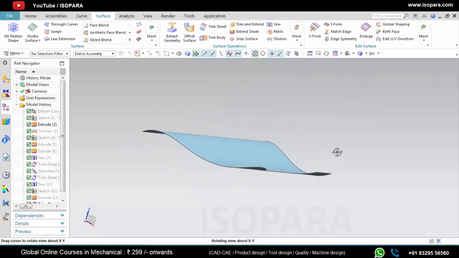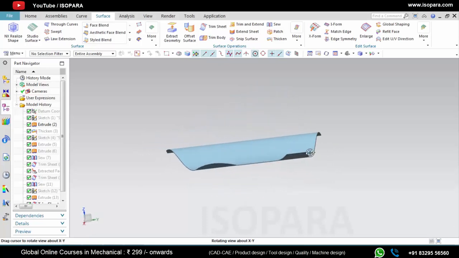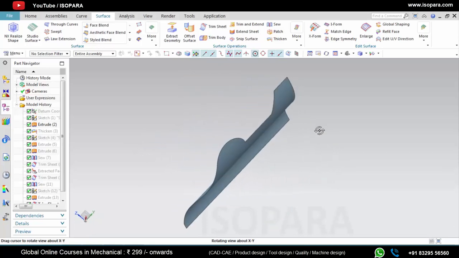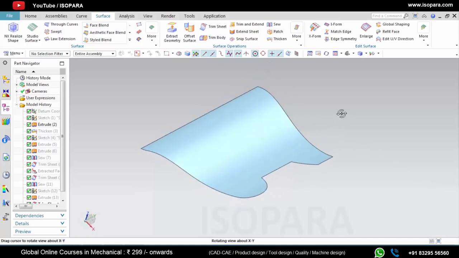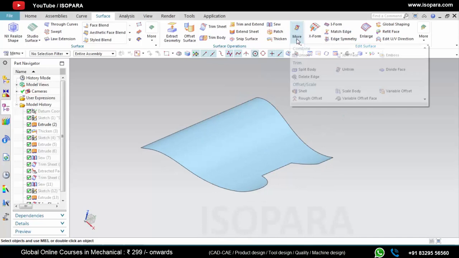Now we will see the next command, which is untrim command. So it is very important command. So untrim command restores the original shape of the surface. So here I have one surface and I want to get the original shape of this surface. Then I will use untrim command.